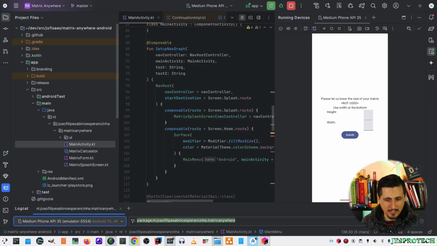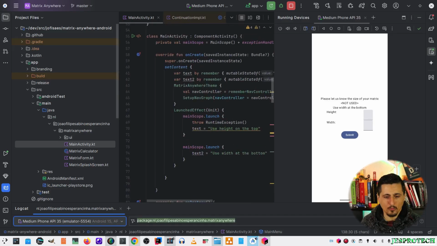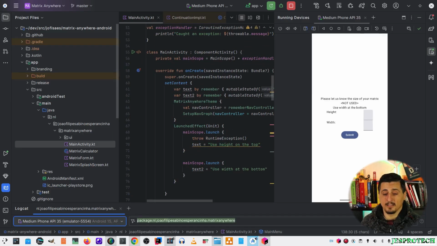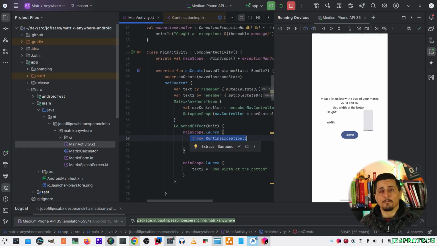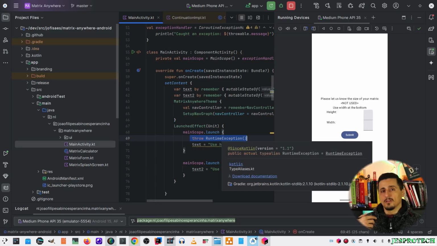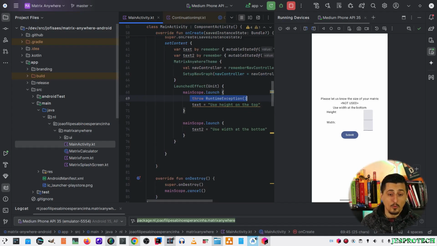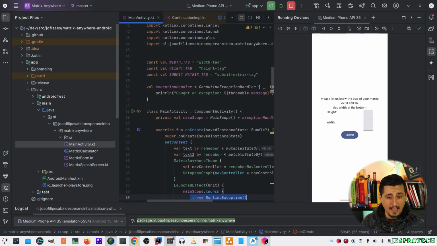What does that mean in our code? Have we seen something weird in our code that does not allow the "not used" text to be overridden by the actual text that we want to use, which is this one? Well, of course, an exception has been thrown here. And this exception, because the coroutine is being launched via the MainScope, which now has its own exception handler added to our MainScope over here,